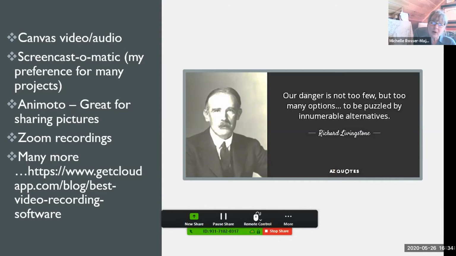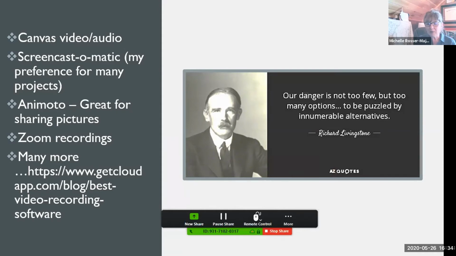Zoom recordings are great. We've used those. We've actually used those, and we put those into Screencast-O-Matic for projects that are a lot larger, and I'll show you a few examples of those. I listed some more, just that there are many, many more. And then of course we had some others shared in the chat earlier, and many of them can be good. I know Screencast is free for a certain amount of time. I actually do some other videos for our program, and so I pay a little bit more, $15 or something for the year, but I get a longer time, and it's really helpful.